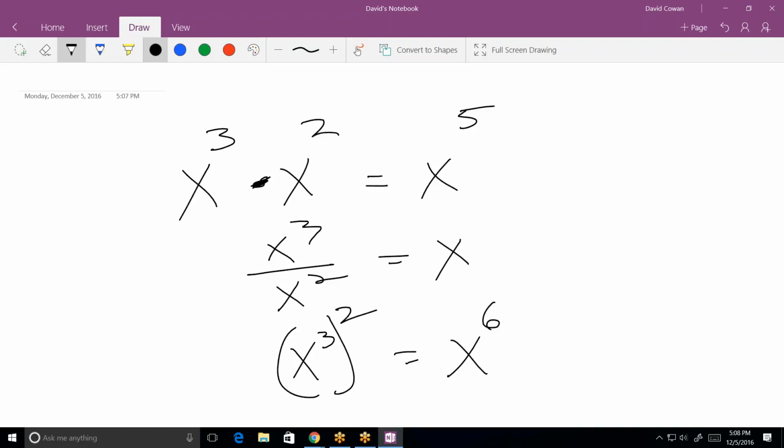The way I remember these is that you do with the exponents one level less than you're doing with the base. In other words, in this first one, I'm multiplying the x's, so I'm going to add the exponents. Addition is one level less than multiplication. The second one, I'm dividing the bases, therefore I'm going to subtract the exponents. Subtraction being one level less than division. And the third one,